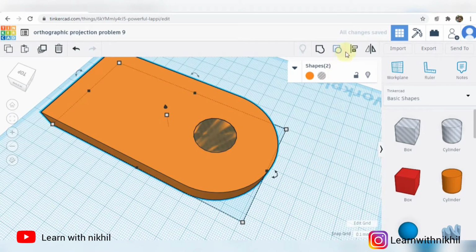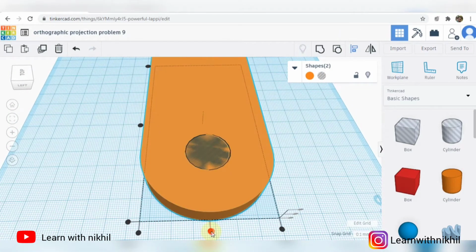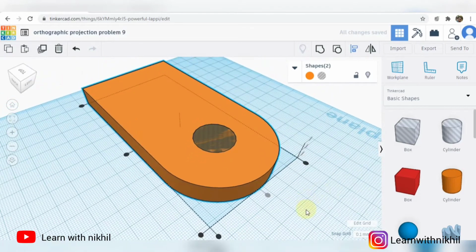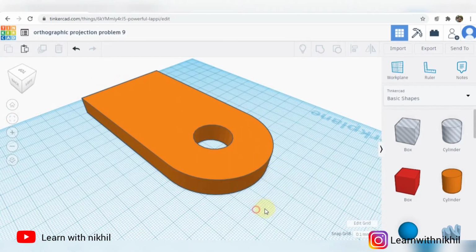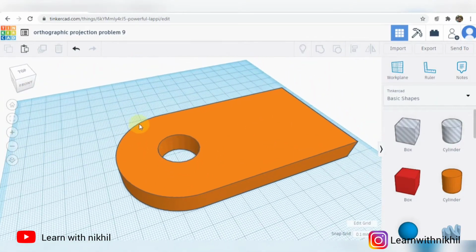So now we'll align this circle at the center. This is center align, and we'll group it. So this part has been cut. Now moving forward,